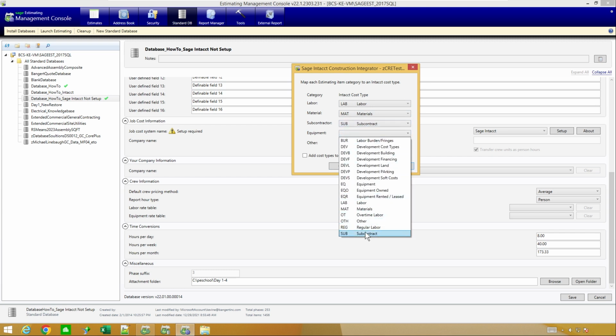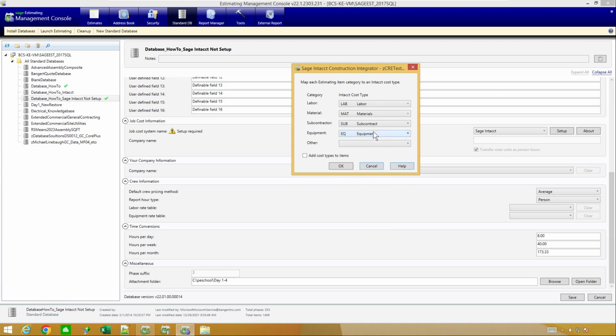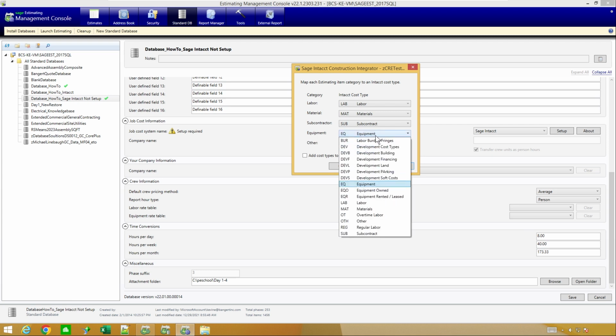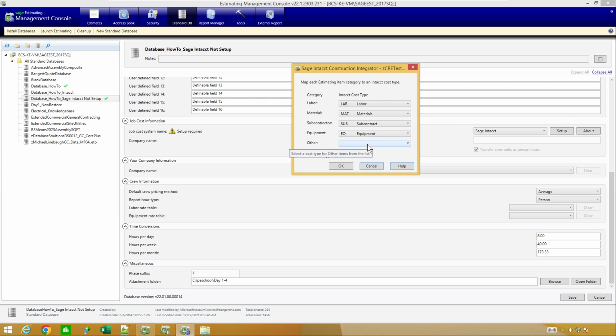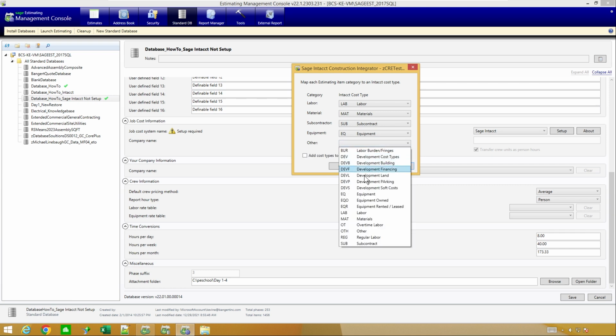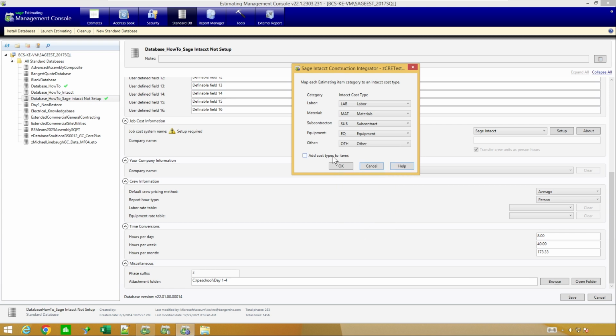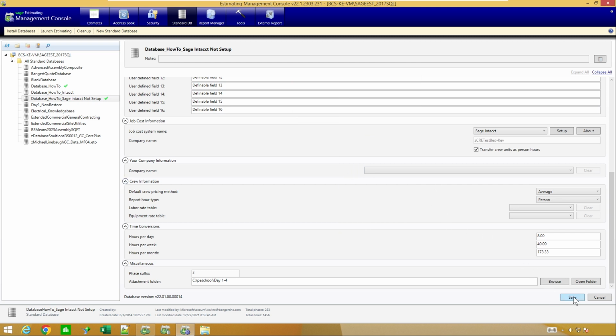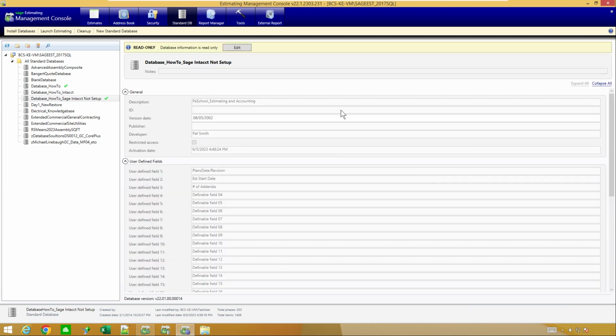And equipment, in my case, I'm going to say goes to just equipment, but this is also where, if you had both equipment rented and equipment owned and multiple choices, you might either A, pick what's more likely in your database, or B, leave it blank so that when you're going through database editor or through an estimate, maybe you'll define whether it's going to be owned or rented that I'm going to be using on that job. And I'm going to say other goes to other. If I check this box, that will also go through and update all the items in this database to have the right categories. And basically, that's all I need to change on the database at the moment.